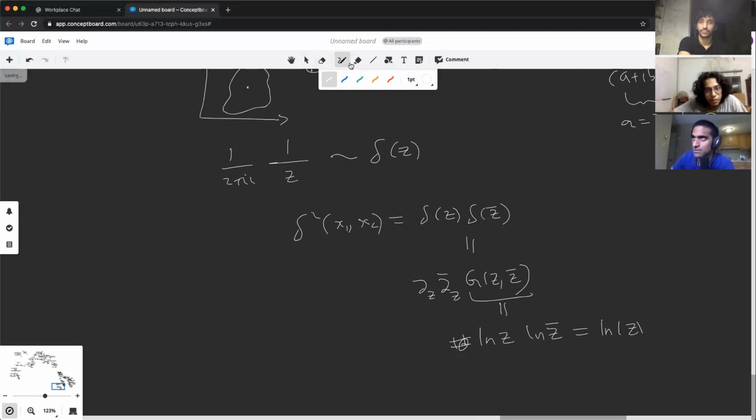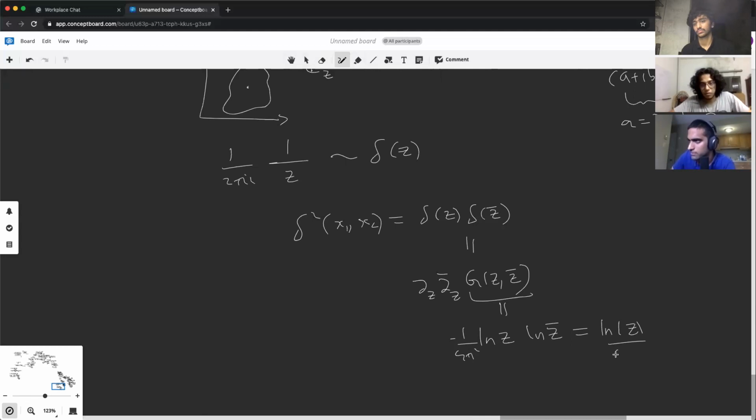So I'd have a 4 pi squared maybe. Right, so we're good. We've got the logs as the Green's functions,